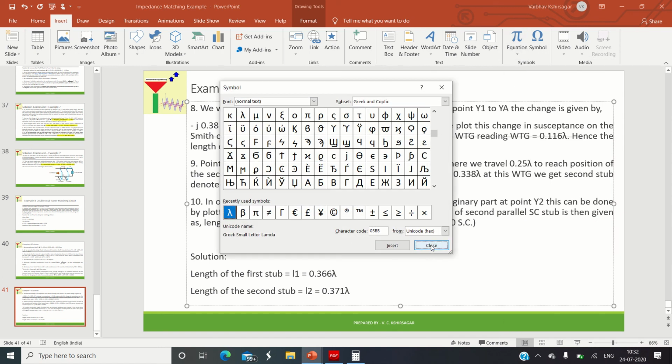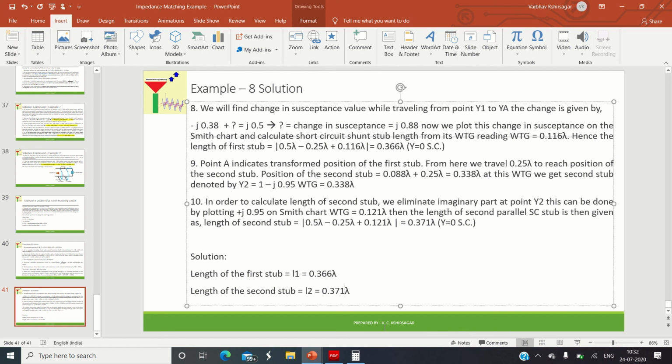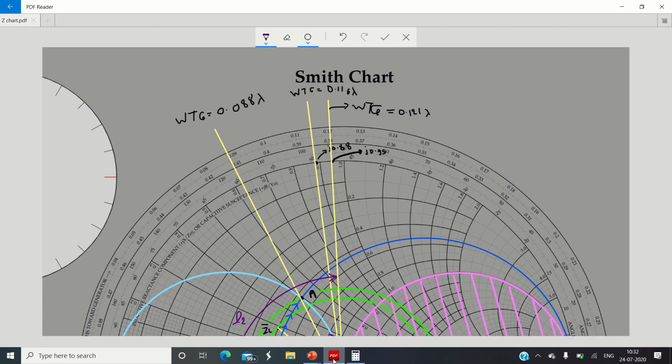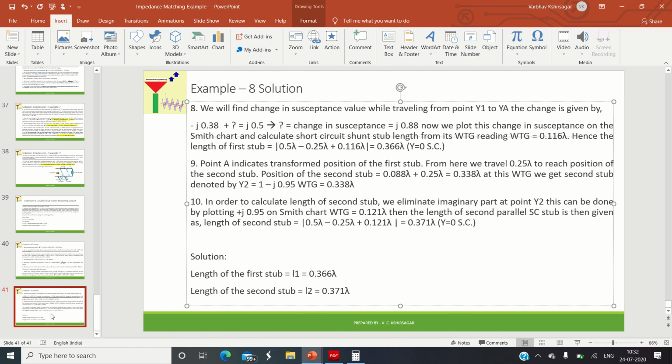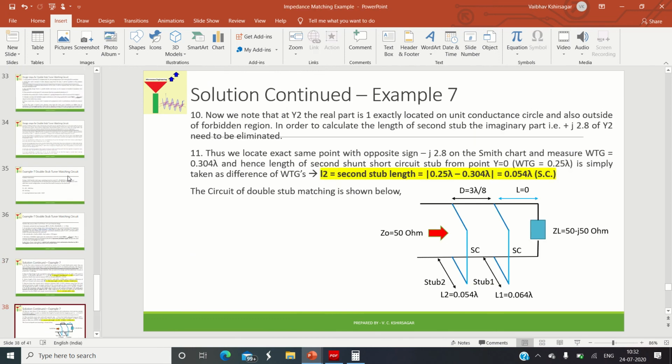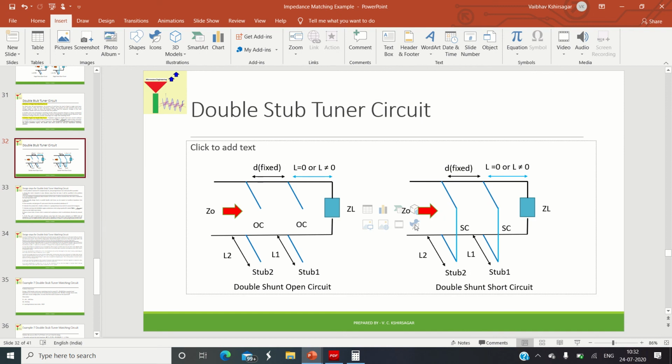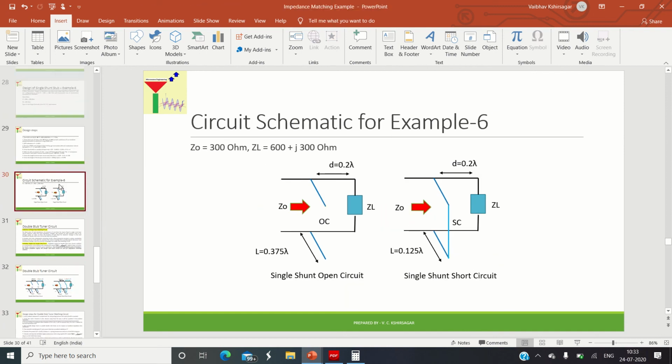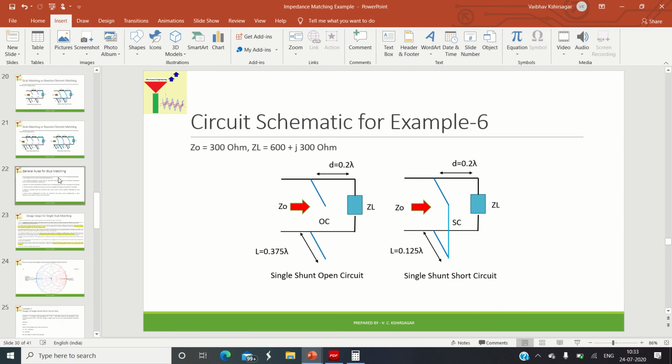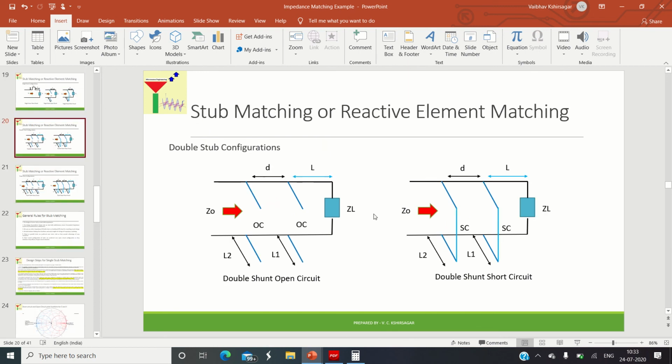Okay, and finally what you need to draw is the schematic. Meanwhile, this is the solution, so I will save this solution. First of all I will draw the diagram for this one. The diagram will be the same diagram. You can pick up the diagram from here, or otherwise you can take the diagram from the earlier one.